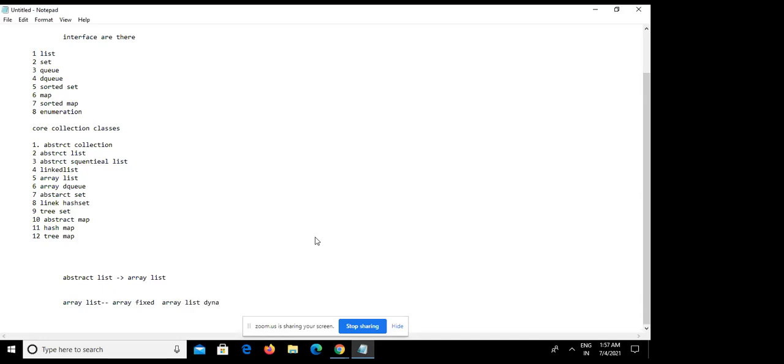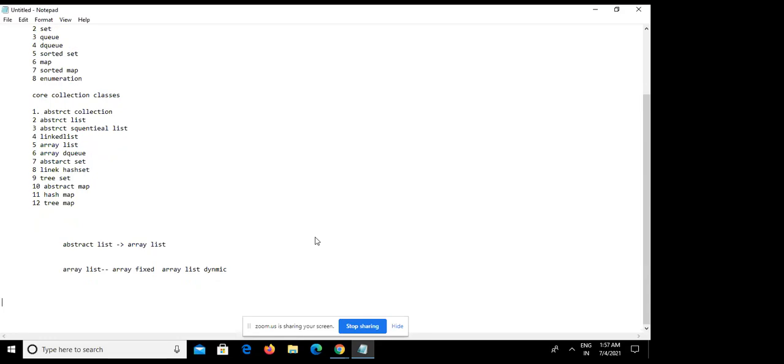We can add and remove data. There are basically four operations of ArrayList: add, access, remove, and set. That's why ArrayList comes under the Collection framework. Array is fixed, while ArrayList is dynamic. That's why it comes into the picture.